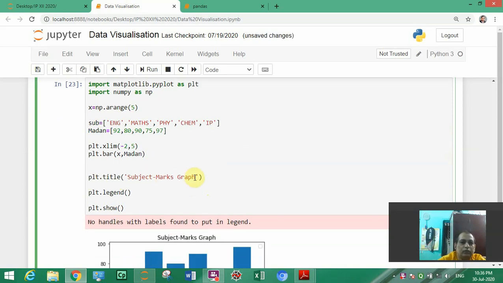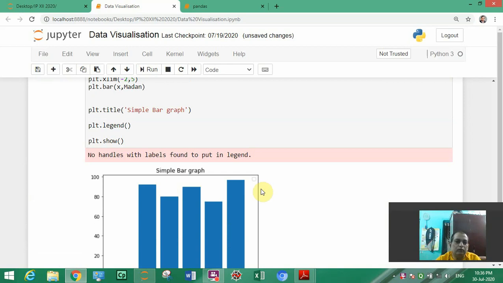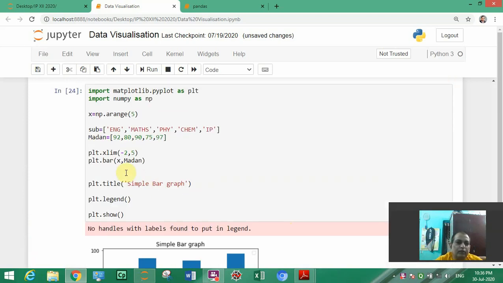You can write here simple bar graph. So if you run, then it will come like this. Okay, so here we have seen how to give the range of this x axis, that will be given by xlim, so starting and going up to 5.